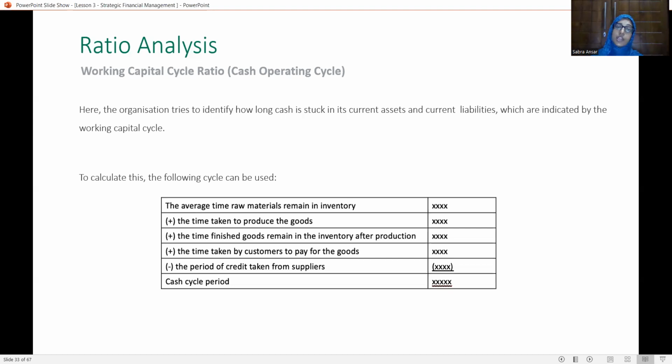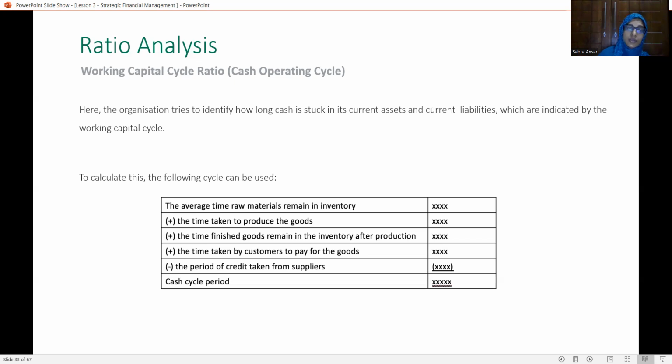So basically, working capital is the current assets minus current liabilities, so that you will see how much extra current assets you have when it comes to the company. So working capital cycle is calculated. As you can see, we will be using this calculation in order to identify the working capital